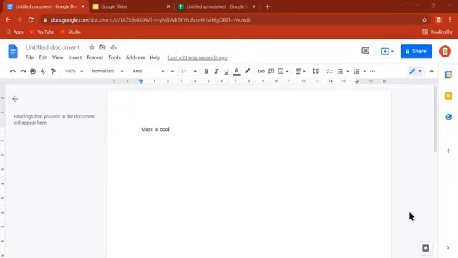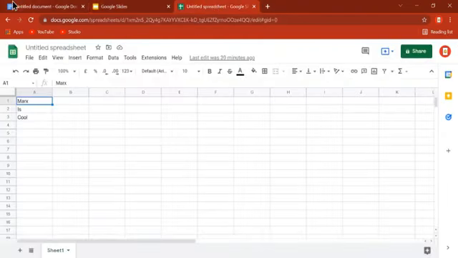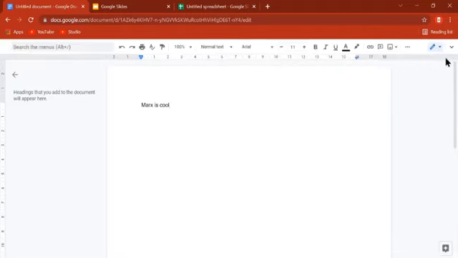you can do the next 3 tips on Google Docs, Slides, and Sheets. You can't do them on Google Forms, however. But the first of these tips is hiding the menus. Now, if you want this menu bar to be gone, you can click this up button. This would also hide your Google profile picture and the extensions bar.